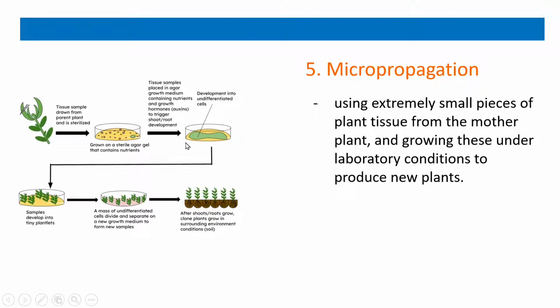As you would be seeing in this diagram, a piece of tissue is taken from the original plant, the mother plant, placed in sterile agar gel, which would be containing nutrients, so it stimulates the tissue to grow, eventually producing undifferentiated cells, which we will be calling callus. And then eventually, with the use of hormones and other chemicals, the shoots will begin to grow, the roots will begin to grow, and eventually you will have plantlets that you can transfer to pots and eventually to the soil. So this is what we call micropropagation.